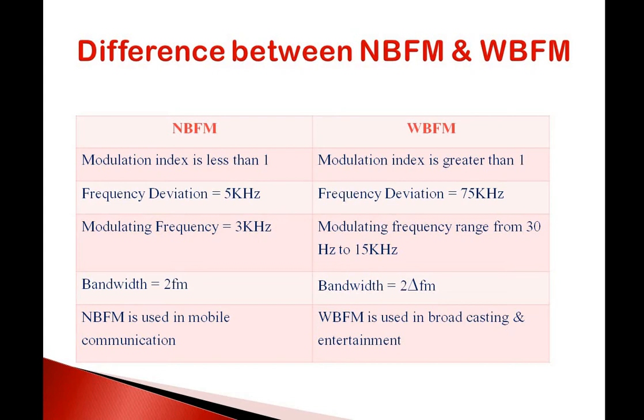You have to give the formula also. What is the formula you have got for narrow band frequency modulation? Carrier frequency plus 2 sidebands. And in wide band frequency modulation, you got the Bessel function equation Jn of beta. Those formulas you have to include, and you have to increase this part, these blocks, the differences you have to increase for this one.